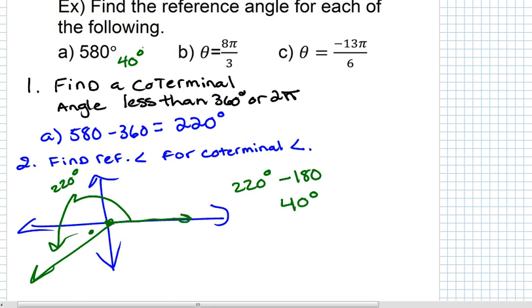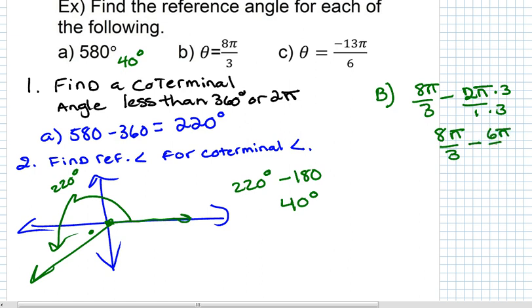For part B, if it's in radians, once again, you can change it to degrees, or remember, you subtract 2 pi to find the coterminal angle. Well, 2 pi times 3 is 6 pi over 3. That's 2 pi over 3. So basically, to find a reference angle for 2 pi over 3,